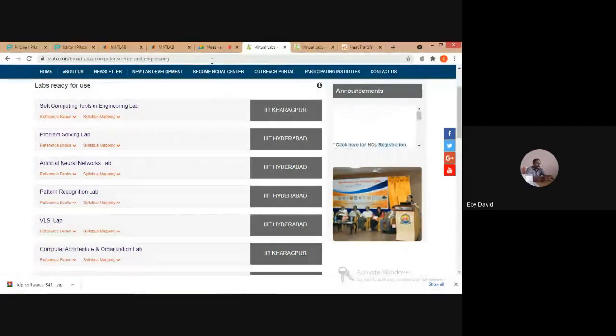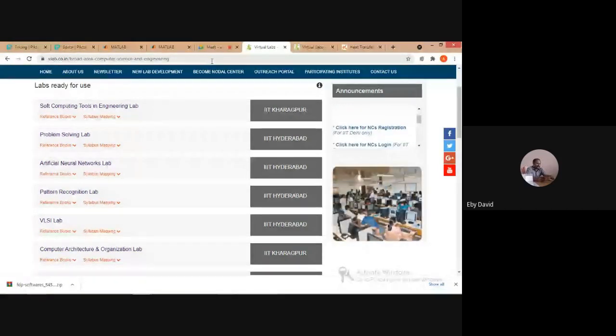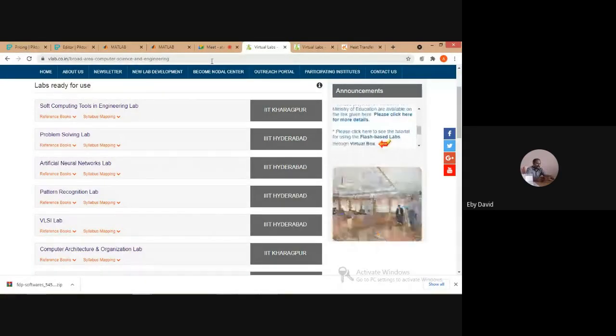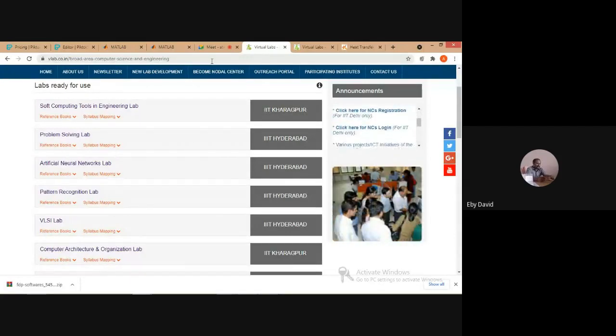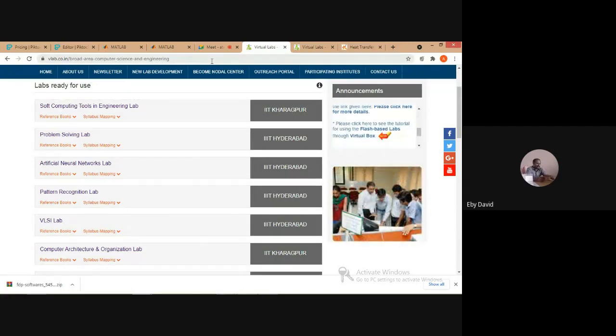AICTE is specifically telling us that all these details must be submitted, and they won't release the money unless these documents are received. That's the issue. So don't worry about that. We'll be giving it anyway. We have no other option.